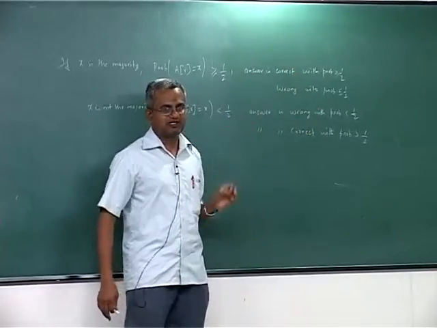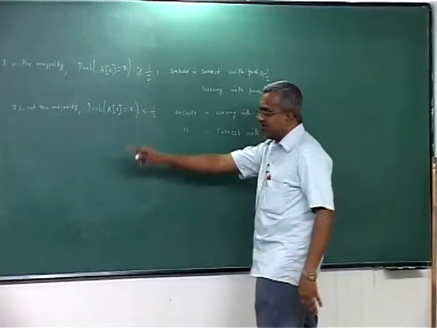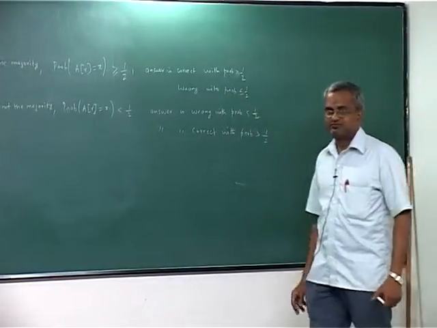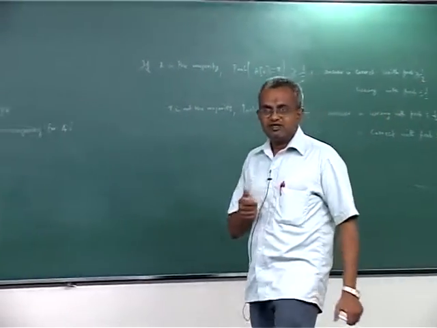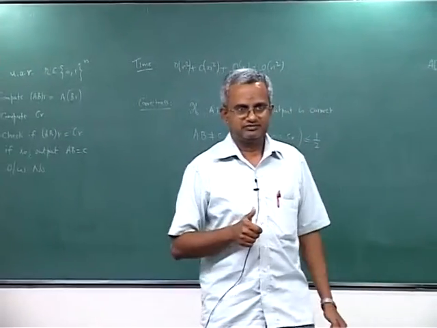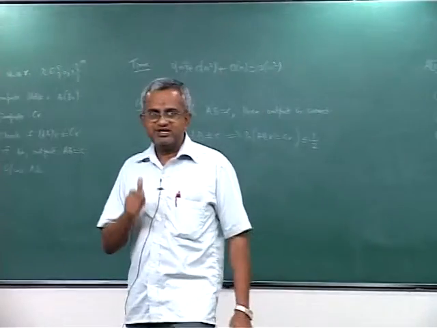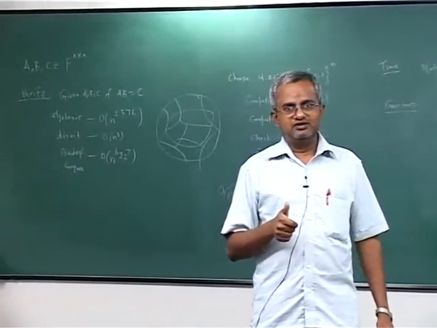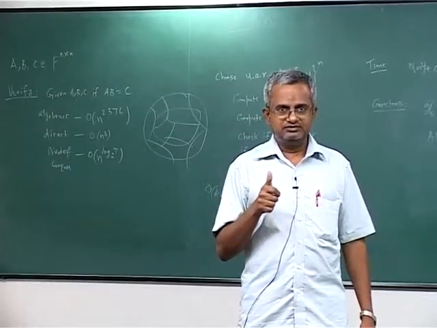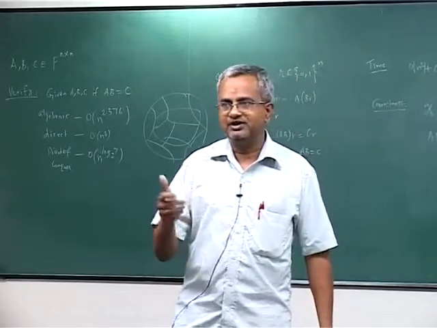In any case, we are interested in the probability of correctness, of correct answers or wrong answers. Independent of whether x is a majority, the answer is correct with probability more than half and wrong with probability less than half. Okay. So, you have a randomized algorithm which does just one equality test and gives you a correct answer, whereas a deterministic algorithm will have to perform n by 2 or more equality tests to come up with a correct answer.